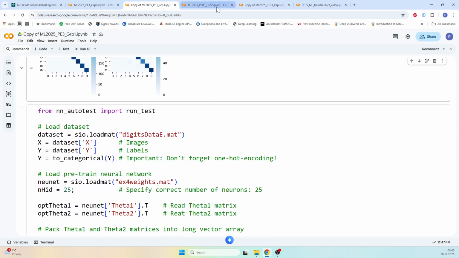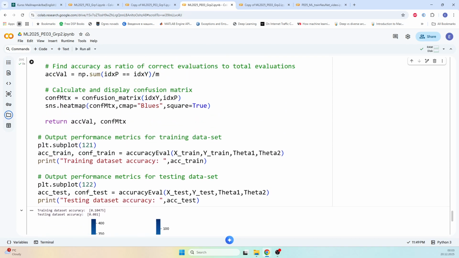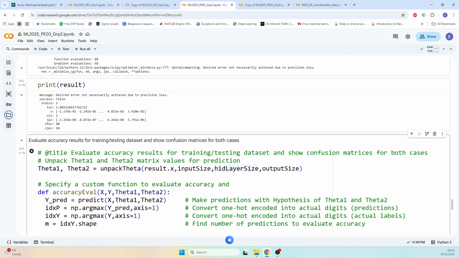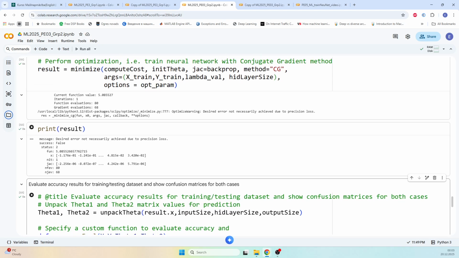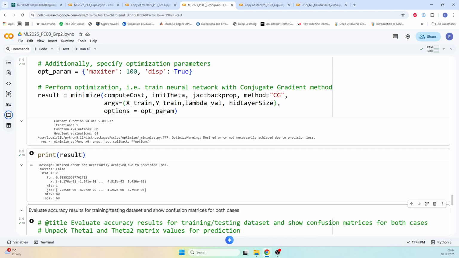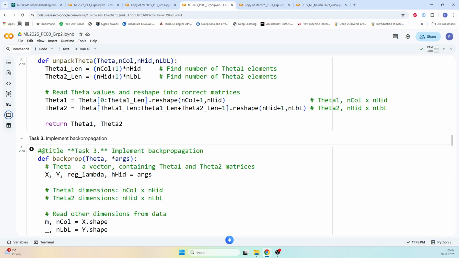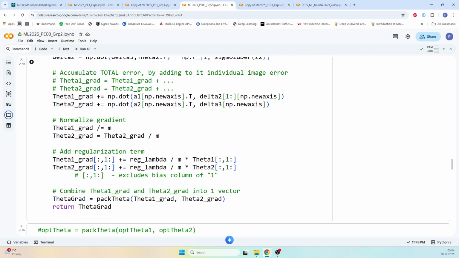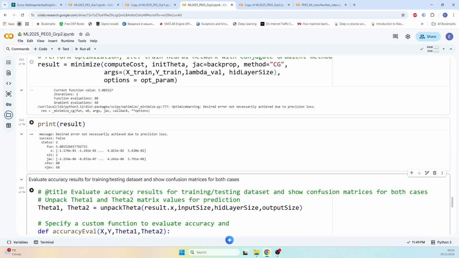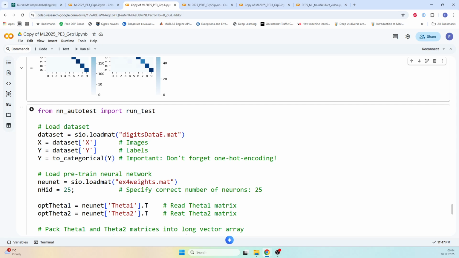Let's go through the second group's practical exercise task, the same one, and notice their mistakes. So in their case, the program was actually running, but it failed to produce meaningful results, meaning there were no serious problems with the compute cost, backpropagation, or feed forward. What instead happened is it was unable to actually train a neural network because the cost function was quite huge. Yes, as you can see here, it's 5.8